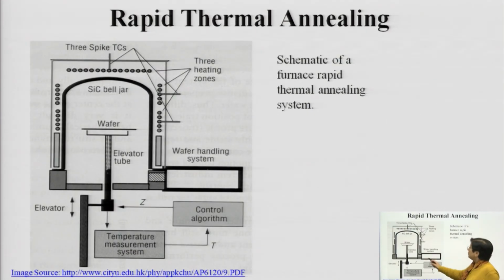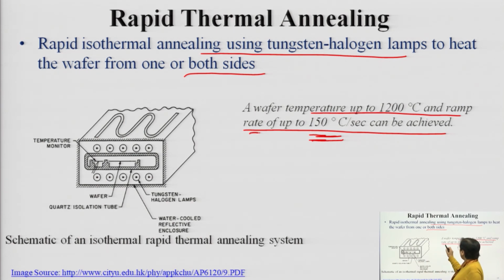Whereas in the case of a furnace, you have the wafer, the cooling, the wafer handling mechanism, and the elevator tube. Here you have 3-dimensional zones which heat the wafers. You have a temperature measurement and control system, and a completely computerized system handling it. But there are possibilities of contamination and unwanted diffusion, and the system is also not as sophisticated as rapid thermal annealing. You cannot have this rapid increase; the rate of temperature elevation cannot be this fast in furnace annealing.